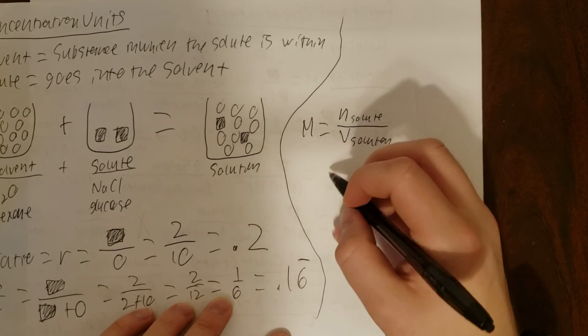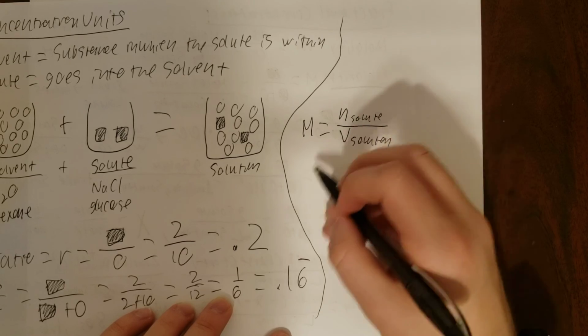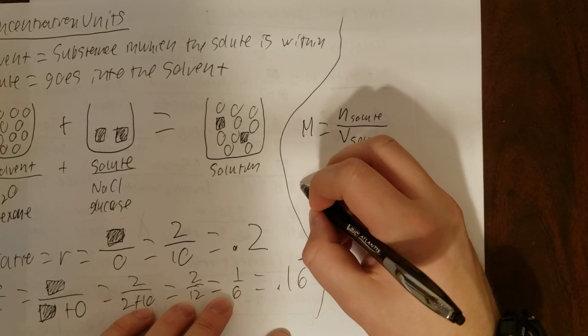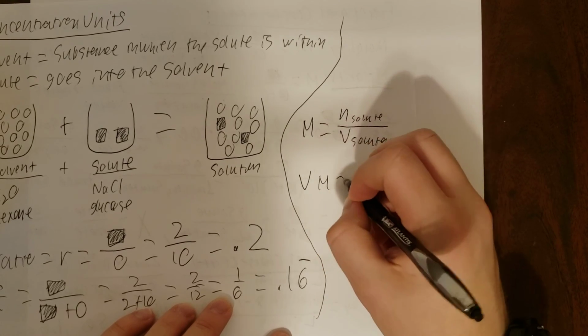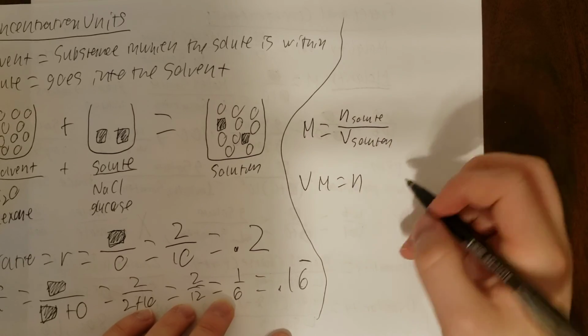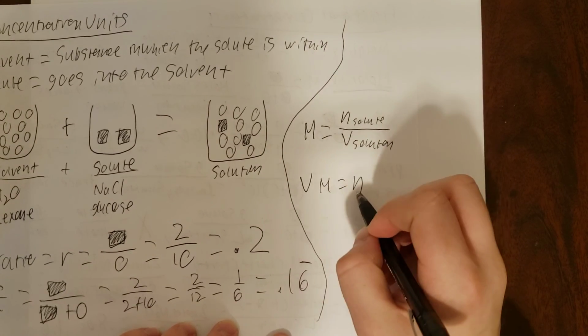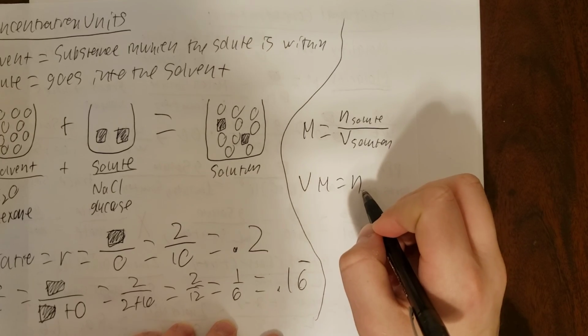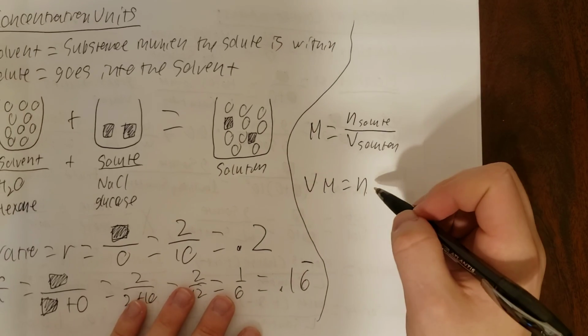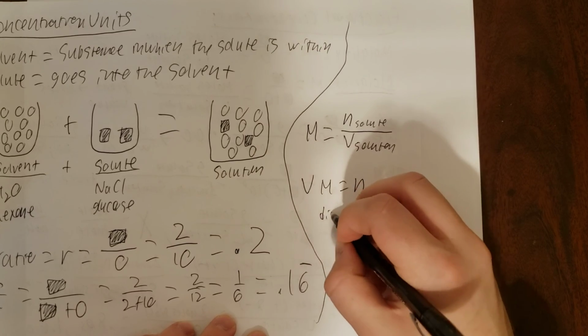This is very important because it gets us to the equation Vm equals n. Now this is volume times molarity equals the number of moles of solute. And this, when we get to dilution,